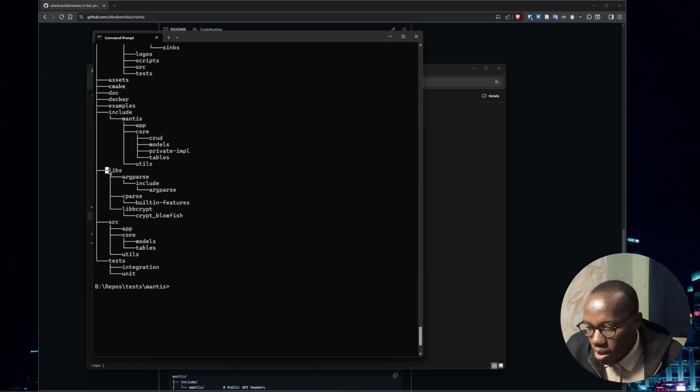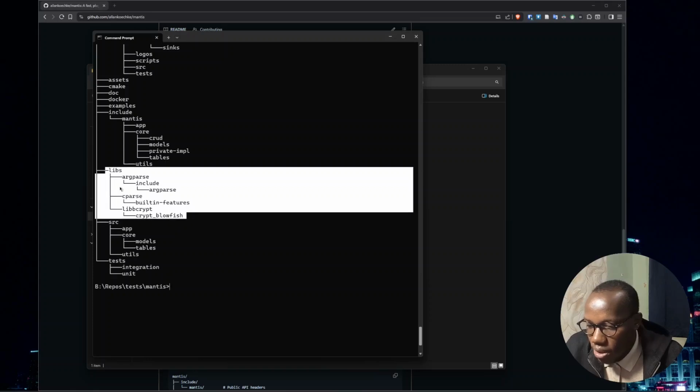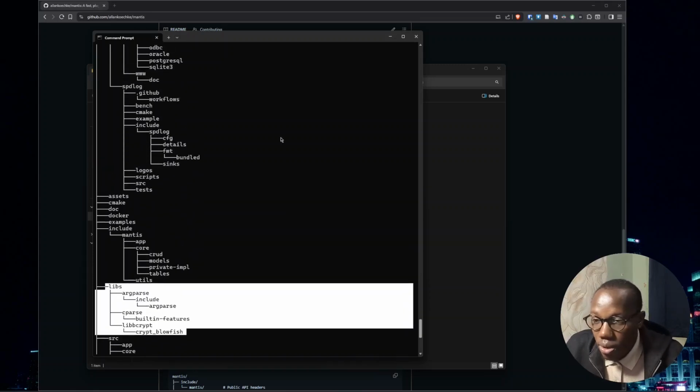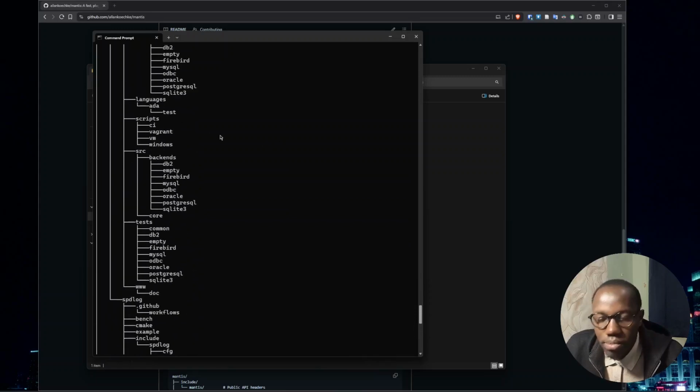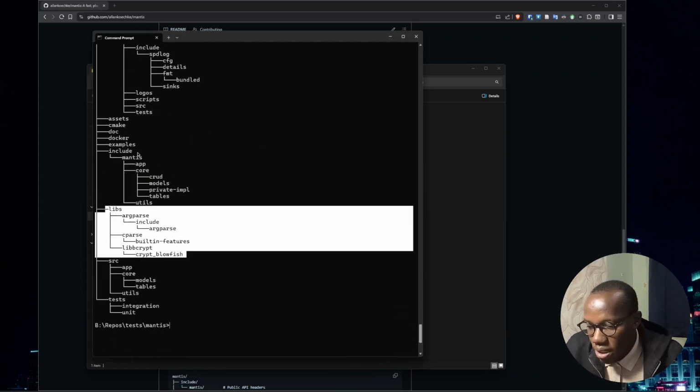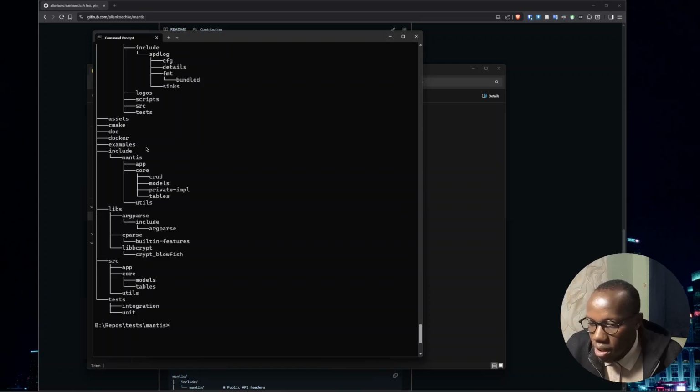All these have been a bit modified. That's why they are in a different directory. So they are no longer coming in as submodules. They are part of the code base itself because they've been modified a bit. And then